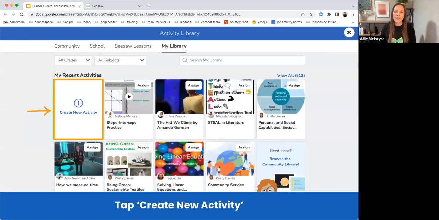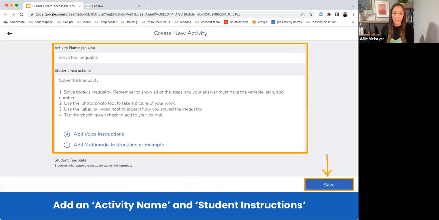So to start, and again, I'm going to remind you, if you are one of my beginners, please stick with me. Just know that I will be providing resources at the end so that you can go back and really fully understand what we're going through today. So to start, you're going to head to your My Library and you're going to tap on that Create New Activity button, square. And as a reminder, your My Library is where all activities that you save or create are stored. Once you do that, you're going to see this template.